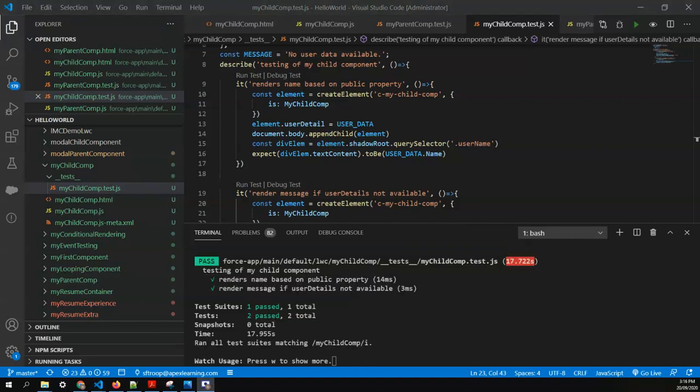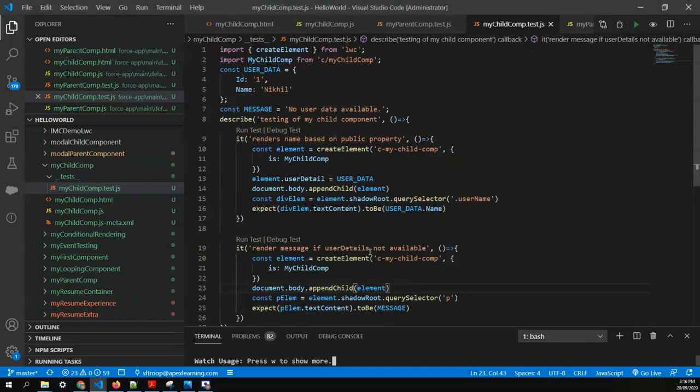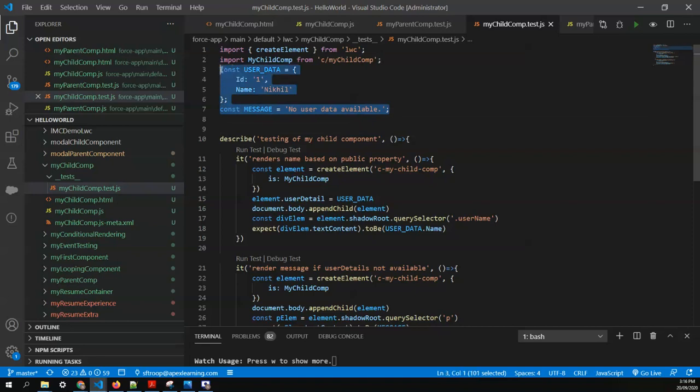And finally it's passed. So I'll reiterate what the mistake was. I'll go back to the code. As usual, we create the element, we import our component that we want to test. We go to our describe block. Above this, we define some constants that we're going to use in our testing.